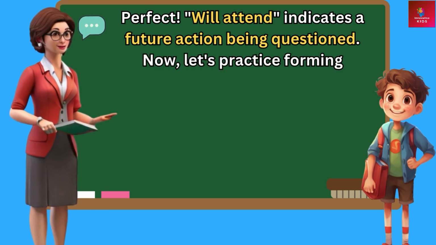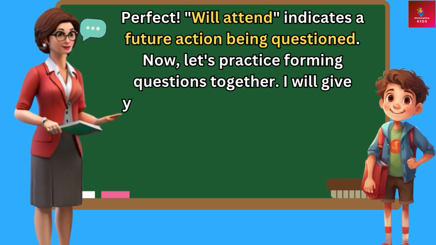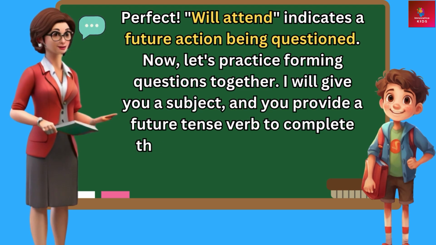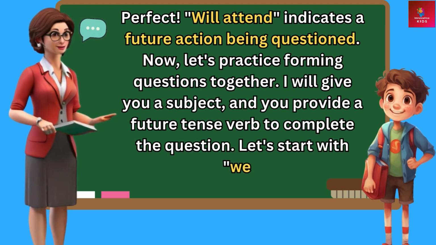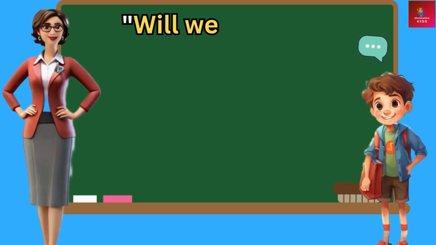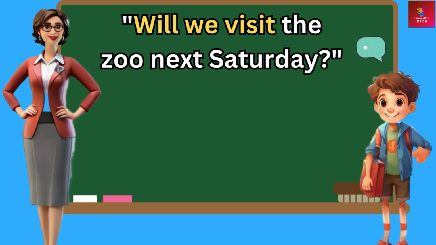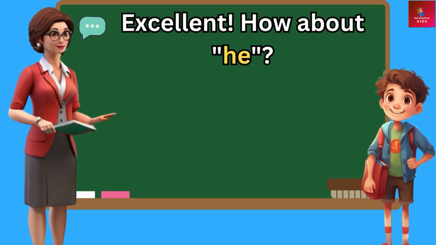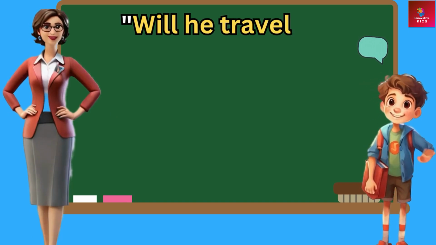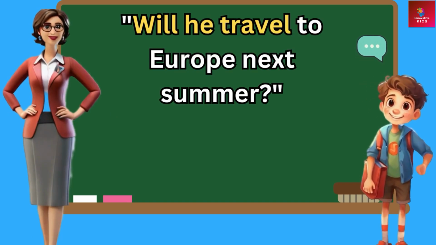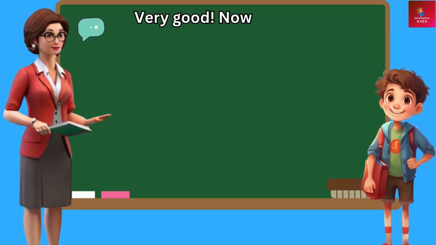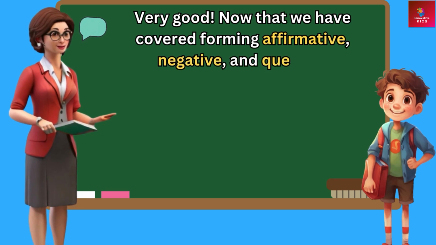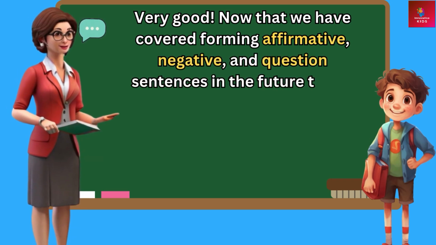Now let's practice forming questions together. I will give you a subject, and you provide a future tense verb to complete the question. Let's start with we. Will we visit the zoo next Saturday? Excellent. How about he? Will he travel to Europe next summer? Very good. Now that we have covered forming affirmative, negative, and question sentences in the future tense, let's move on